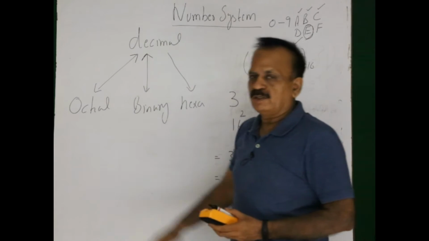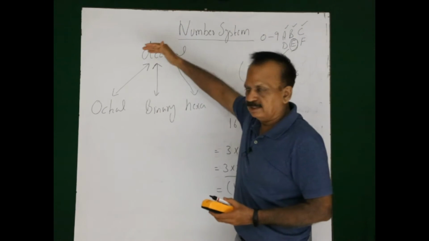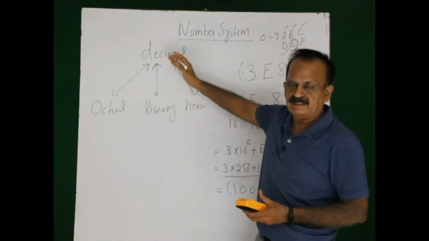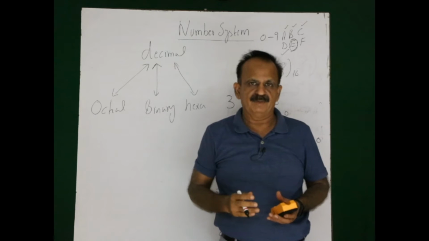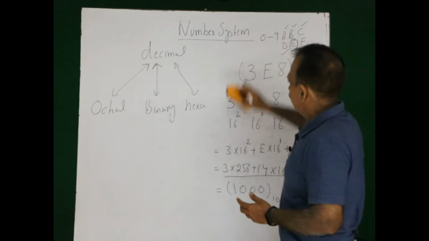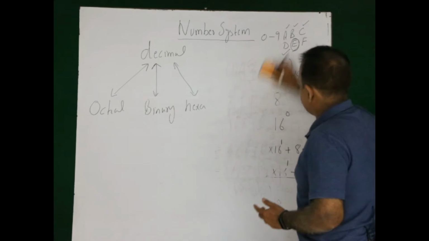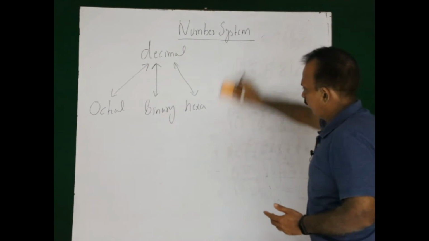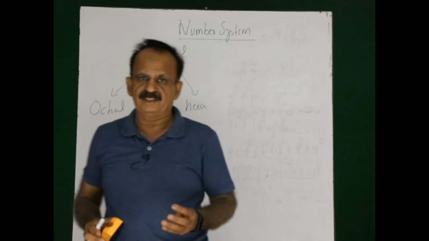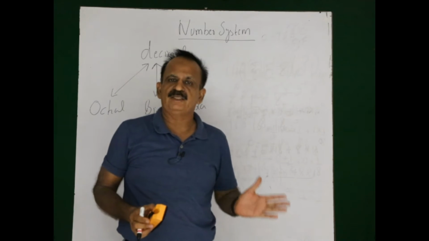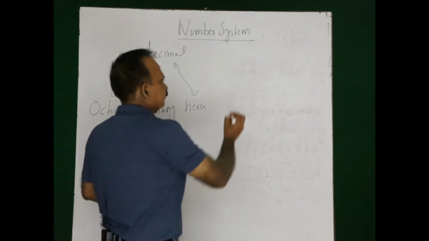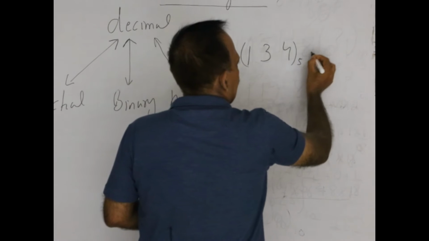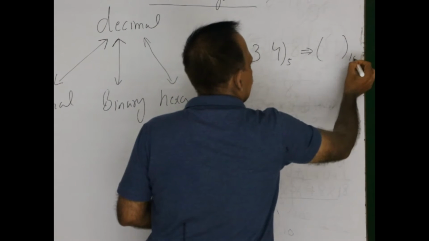The procedure to convert any number system into the decimal number system is similar. To convert any number system to decimal, we use the base of the number system and then write the powers of this. Now, leaving these number systems, let's have a number system with base 5. A number system with base 5 will have only 5 digits, from 0 to 4. 4 will be the maximum digit. Say the number given is 134 and the base is 5. I want to convert this into a decimal number.